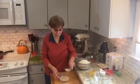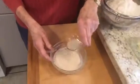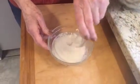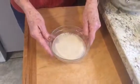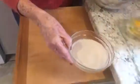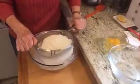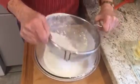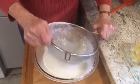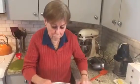The next step is to add a few packets of yeast to some warm water and just let it rest for about 5 minutes. So I'm going to put this over here, and I'll take and finish sifting 4 cups of flour. Next step will be the ingredients that will be added with the yeast, and that will be eggs, sugar, and oil. So I will take this, put it aside,